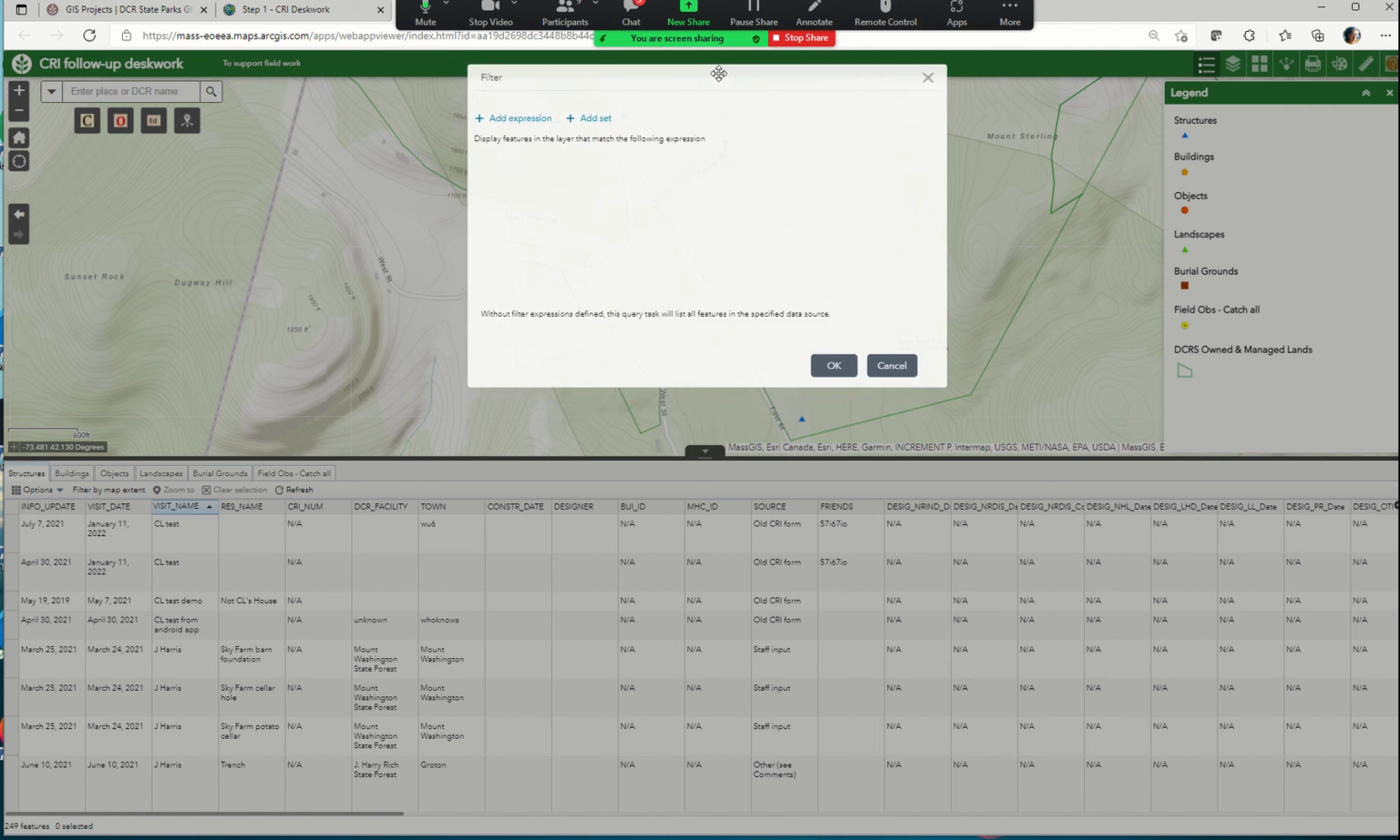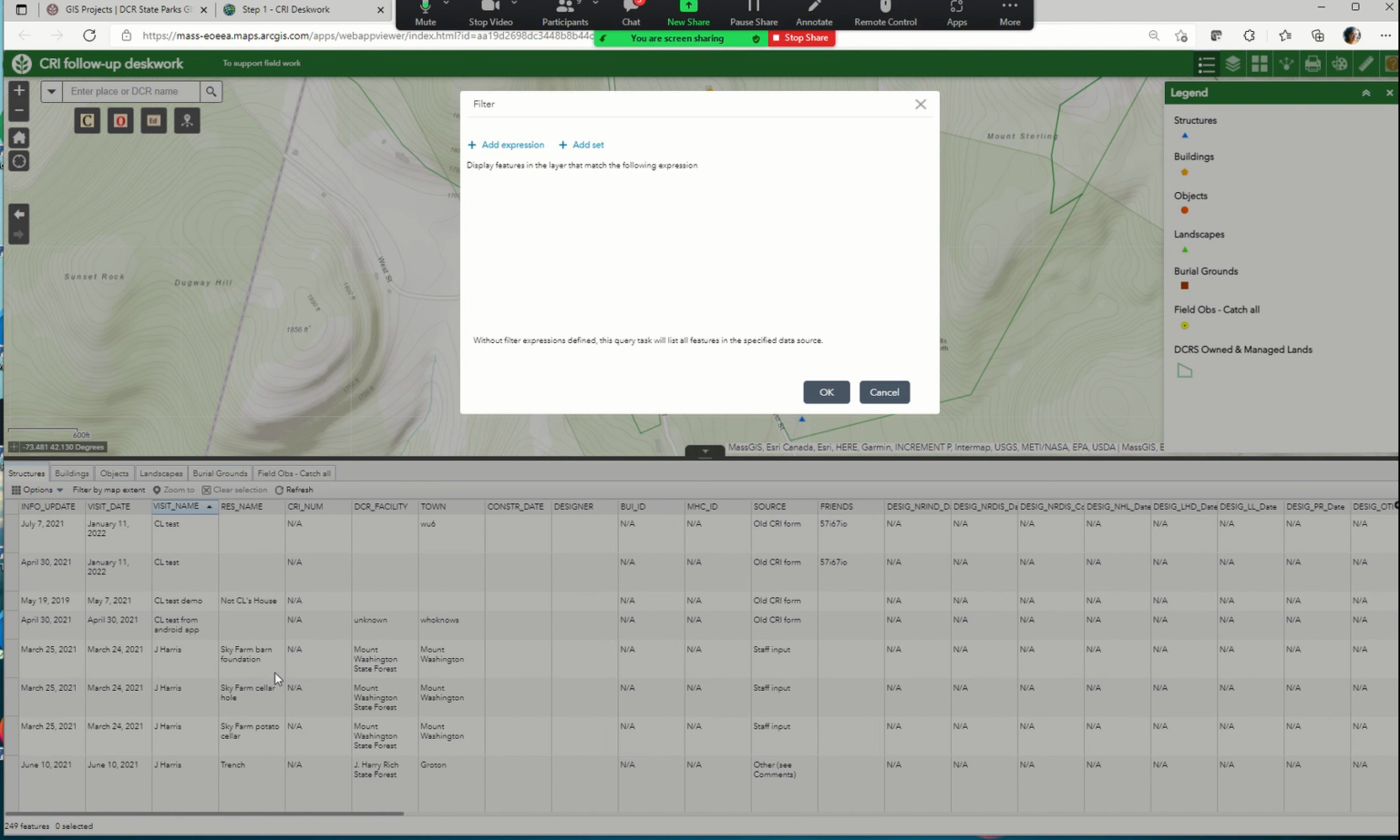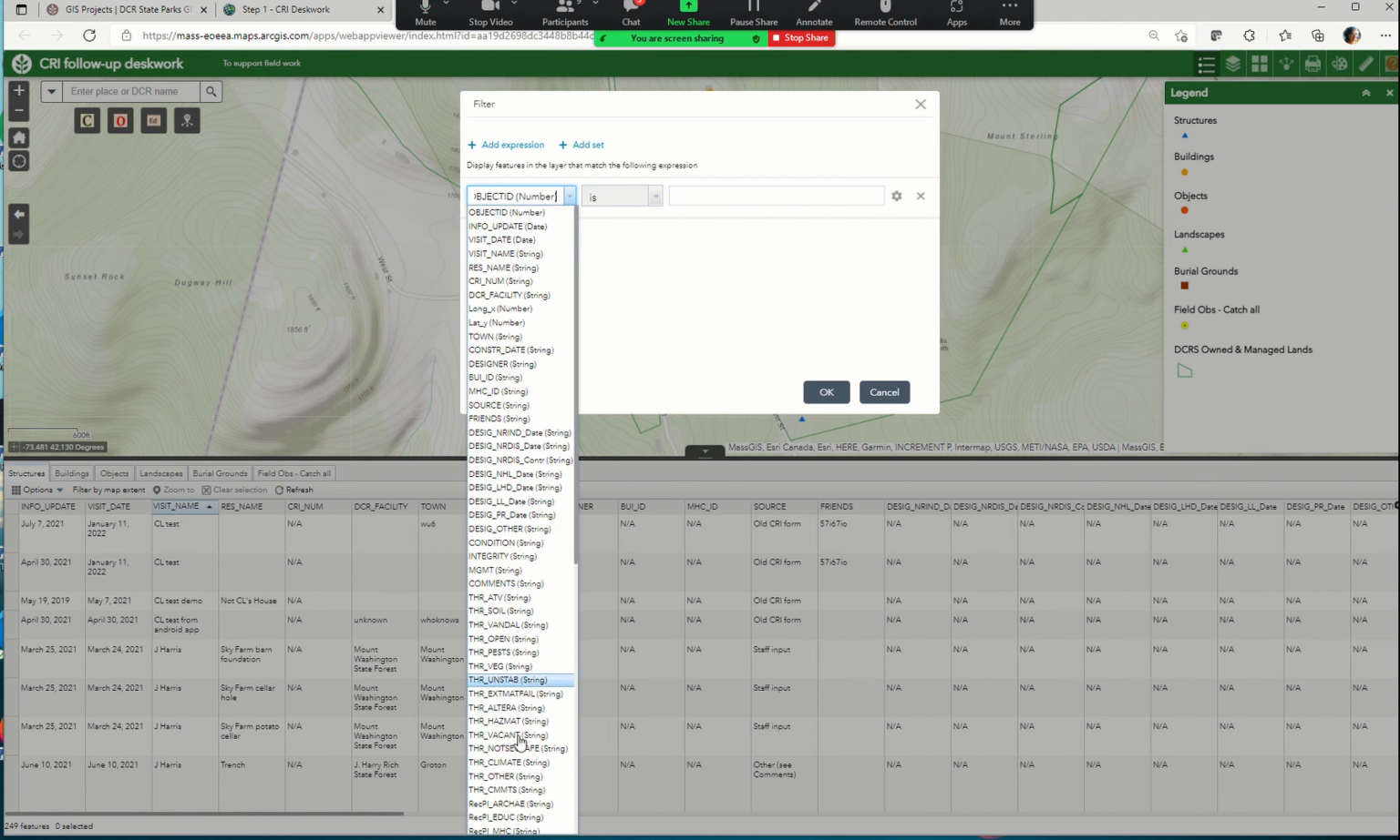You have to kind of know your data for that. Let's say I only want to see the points in the structure data set that were collected by Jeffrey Harris. I would add an expression. I would say, what field is that information recorded in? It's recorded in the field called visit name. This list of fields is the same as this list of fields here. So visit name, right there,